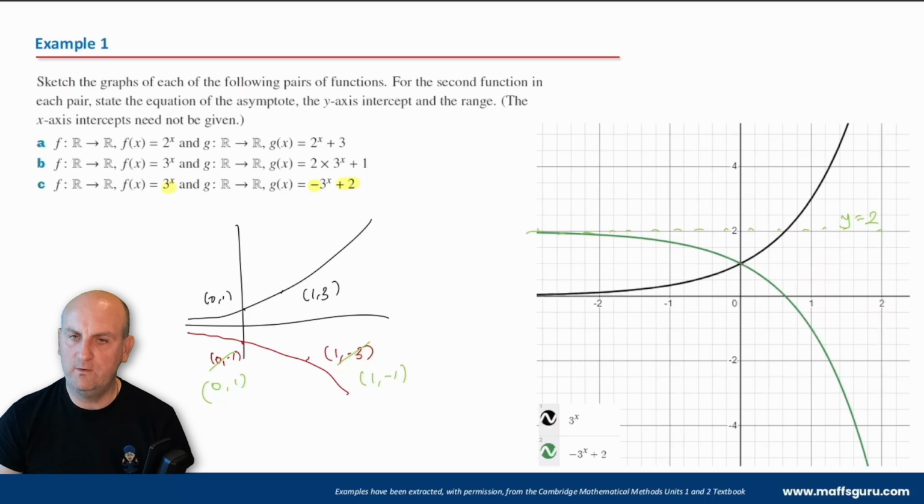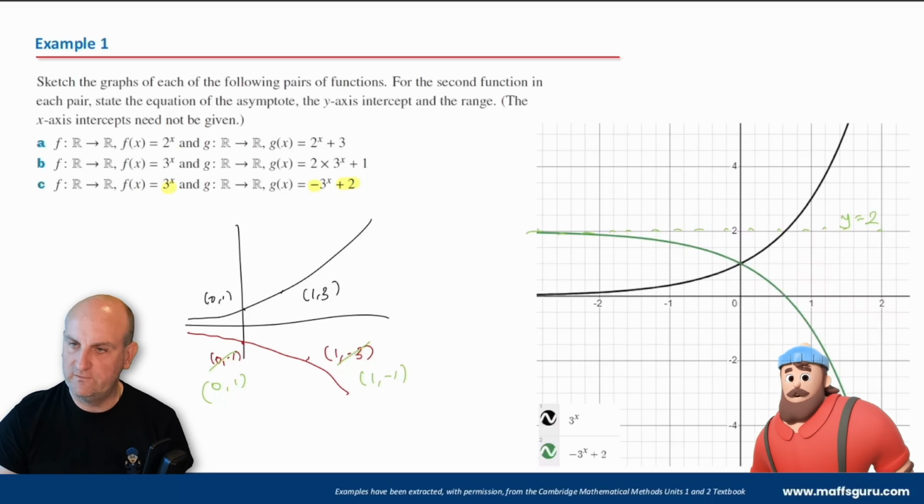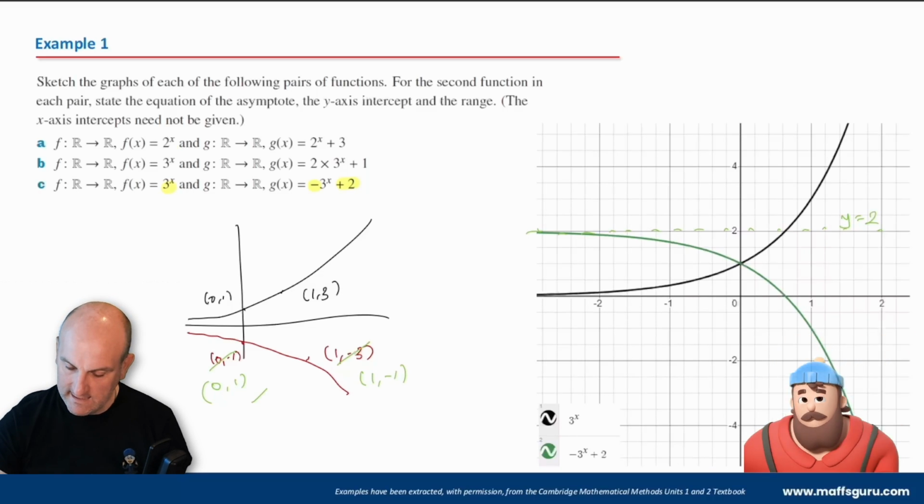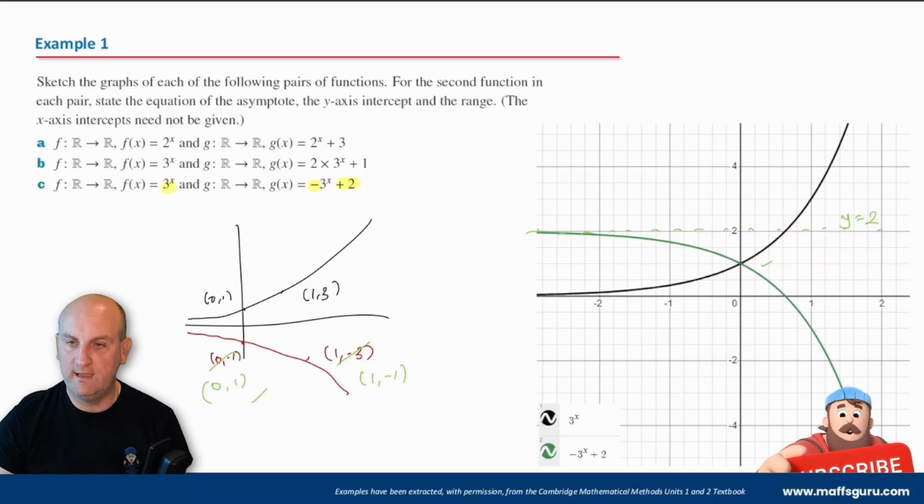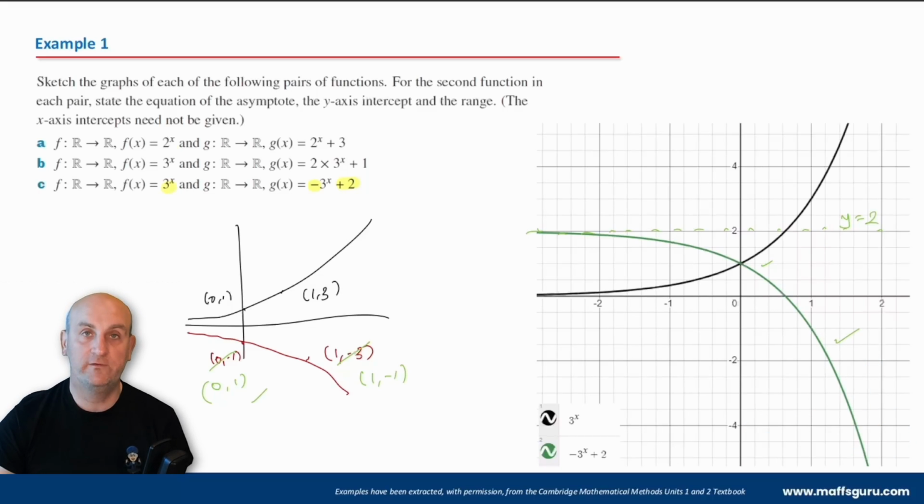And what have we got now? Well, is it crossing at 0, 1? It is, because I think we're looking at my green graph here. And does it go through 1, -1? It absolutely does. And again, in that situation, a lot of boys, and it is mainly boys, sorry lads,